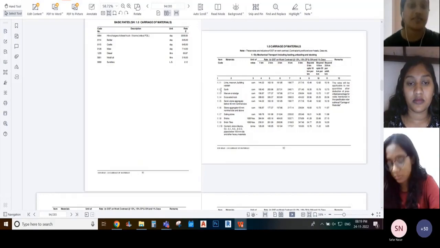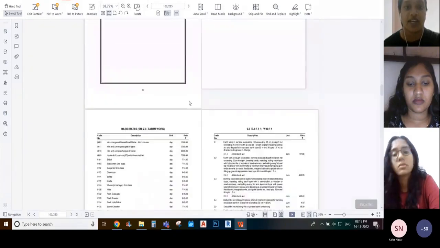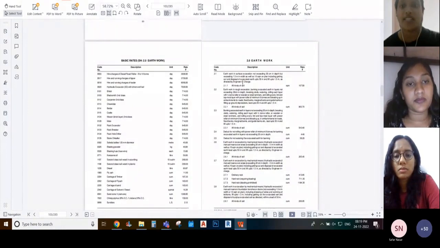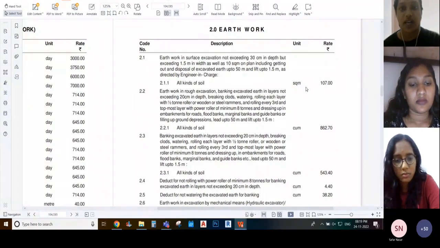Then coming on to the next part, here the detailed rate analysis is not given. You can just refer to the rate. What will be the rate for each work? For example, you can see here earthwork in surface excavation exceeding 30 centimeter. Here the unit is SQM, that is 1 square meter. For 1 square meter excavation on all kinds of soil, the rate is 107. But we will not be able to know